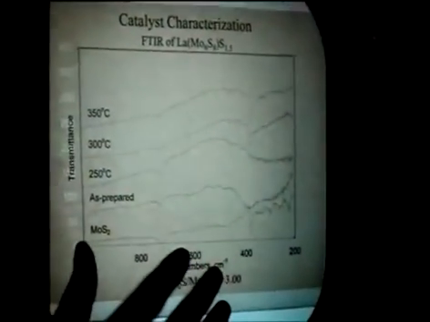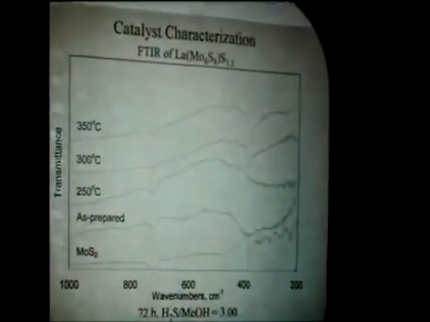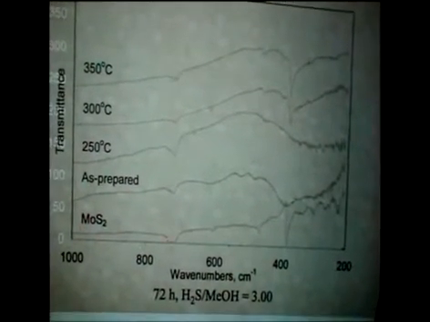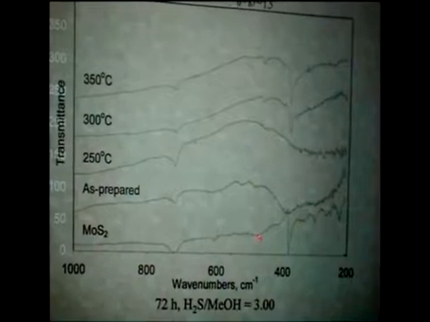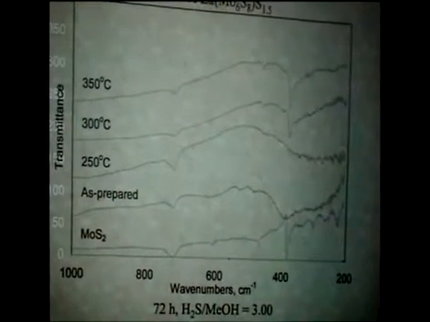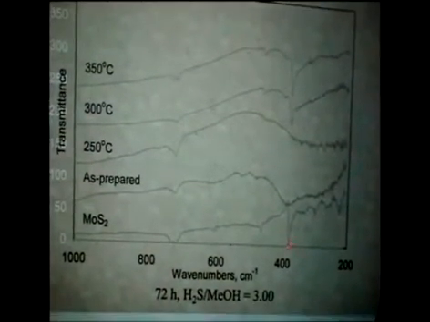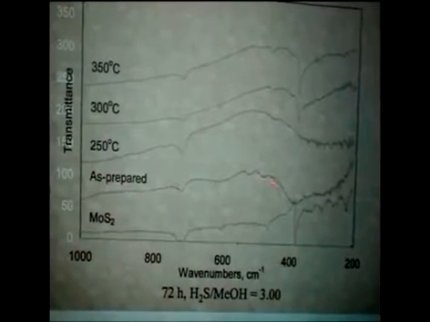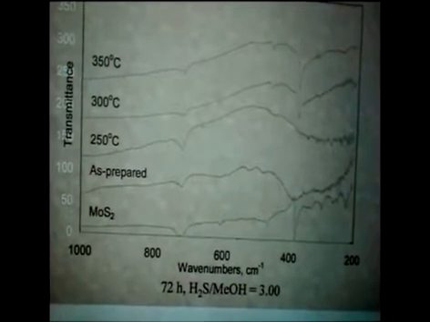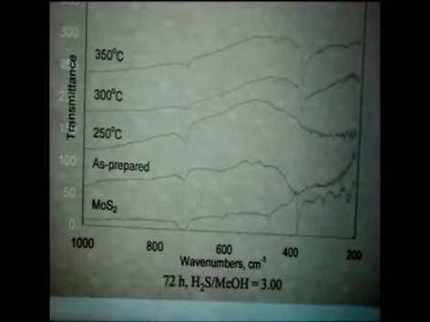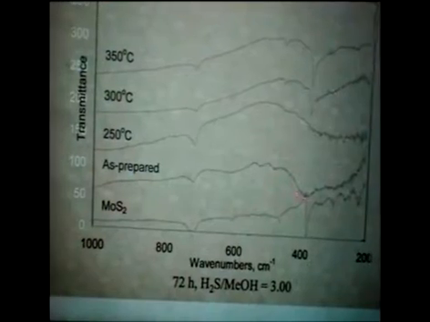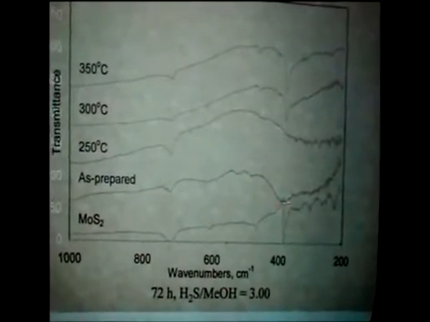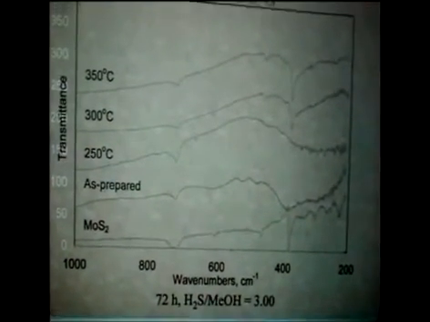Looking at these catalysts with FTIR, what we look for here, the bottom trace is for pure MoS2, and you can see a peak at 470, and then a band at 385 for MoS2, and it's this sharp band here. In the as-prepared material, in the literature for these Mo6S8 catalysts, there is a Mo-S stretch in the range of 385, but it's very broad, so it's a little bit difficult to see.